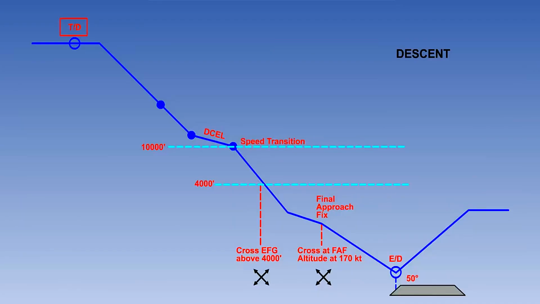The considerations for the descent are similar. A top of descent point is computed automatically. Speed, distance and altitude constraints require continuous calculation of required thrust right down to the final approach. A high-speed descent or a fuel economy descent may be selected.